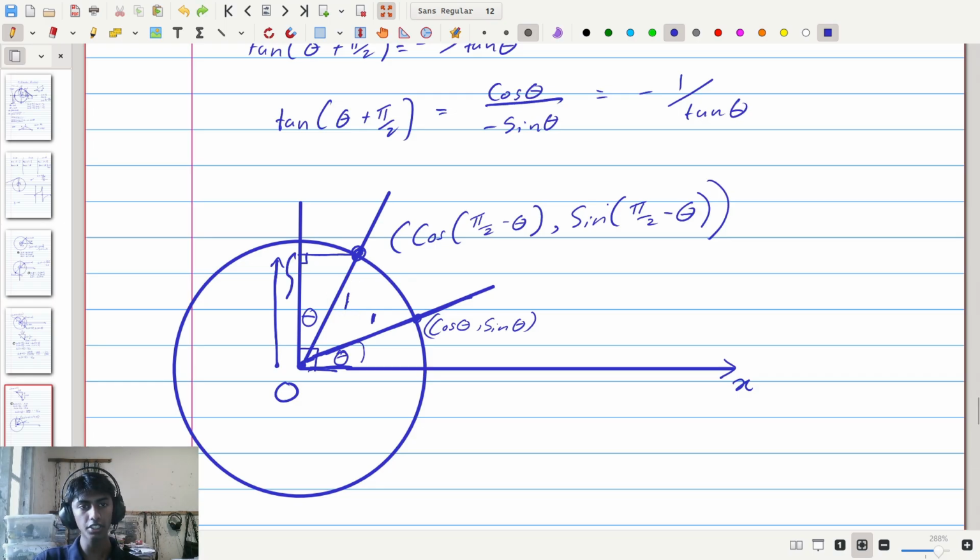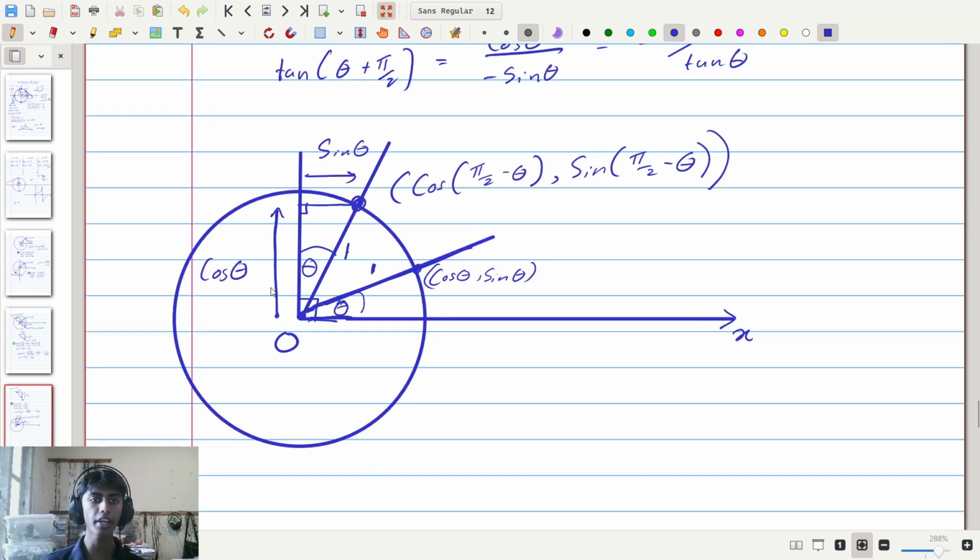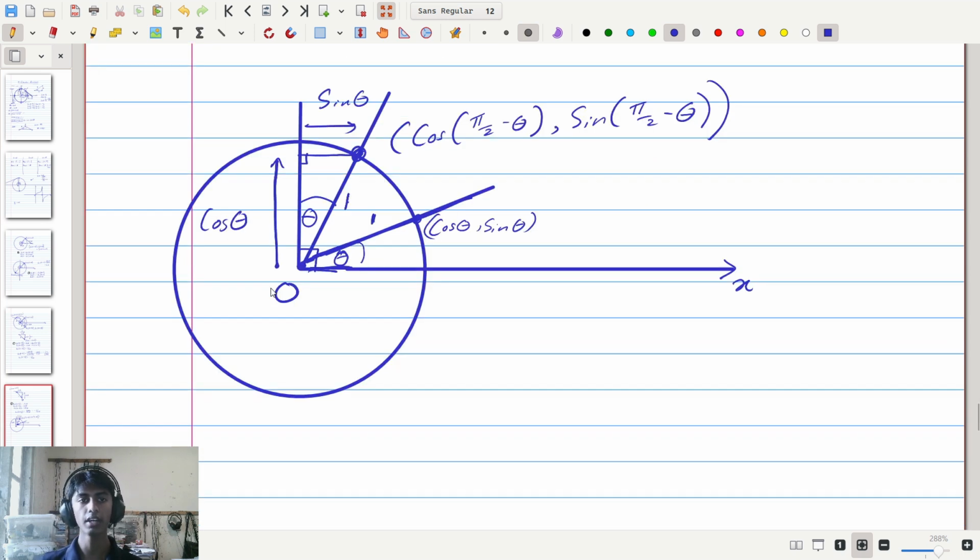The side that we're interested in here is the adjacent side. Therefore, this length has to be cosine of theta. How about this length? Well, the triangle has hypotenuse of 1. This length is the opposite length to this angle theta. That means that this length should be sine theta. Therefore, this point, since both of these are in the positive x and y directions, we can say that that point is also equal to sine theta, cosine theta. The x coordinate, the x distance is sine theta, the y distance is cos theta, so the point here is